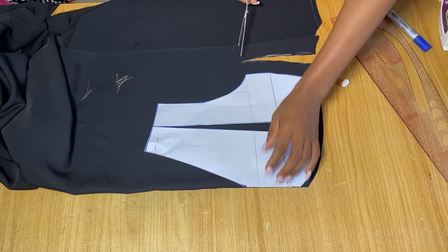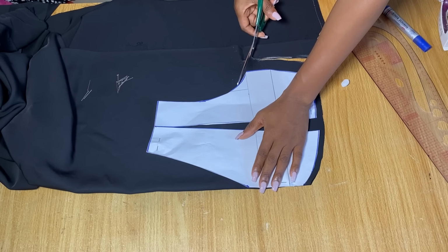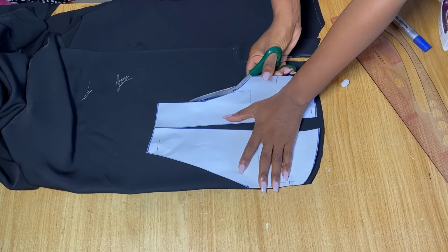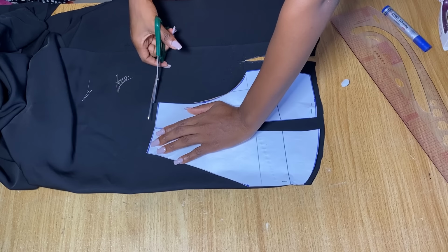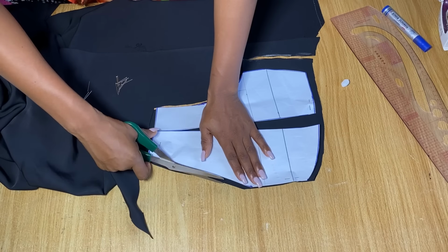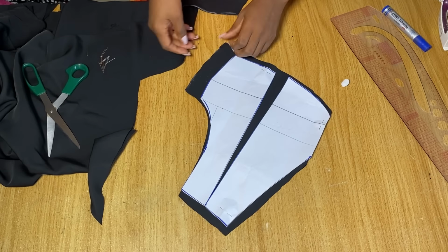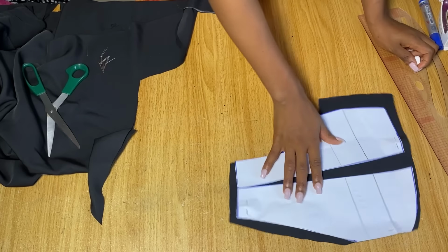Now on the armhole, I'm not going to be adding any stitching allowance to the armhole because we already slash and spread this out. And that little space on the armhole area is going to also affect the armhole, so there's no need. So I'm just going to cut the armhole as it is. Then I'll add half inch to the shoulders and half inch to the neckline. So guys, this is all for the cutting out. So slash and spread it out a little bit so I can now pleat this on the bustier area